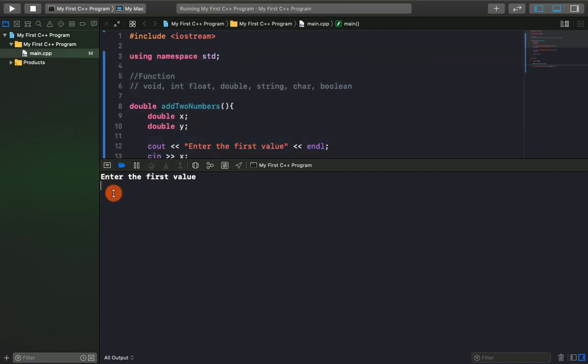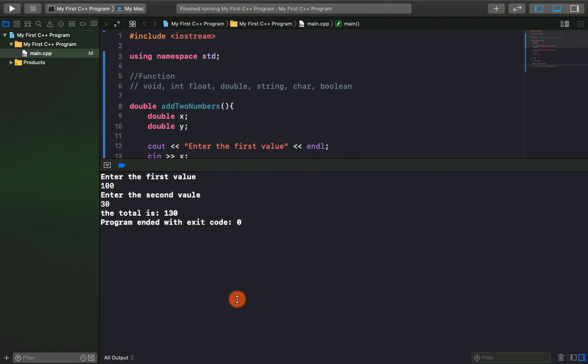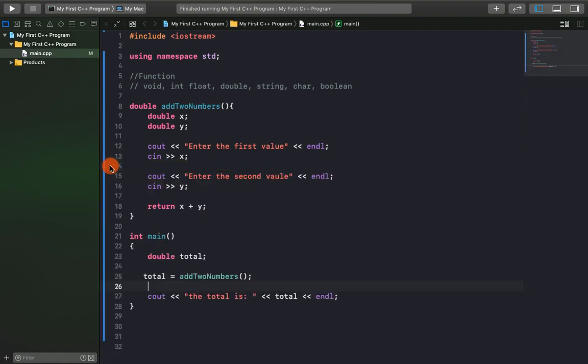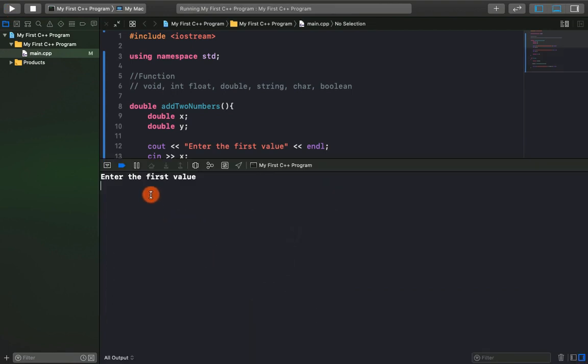So your first number, now we are using whole numbers, and we have the right answer also. All right, so for calculations, it is always advisable to go for the double. Now let's run it one more time, and we said the first number, let's say 100,